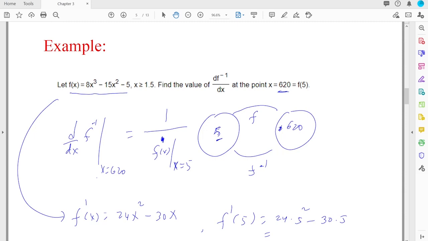120 minus 30 is 90. 90 times 5 is 450. So if you use a calculator, that's the value you're going to get. So what's the derivative? What's the final answer? The final answer, the derivative of